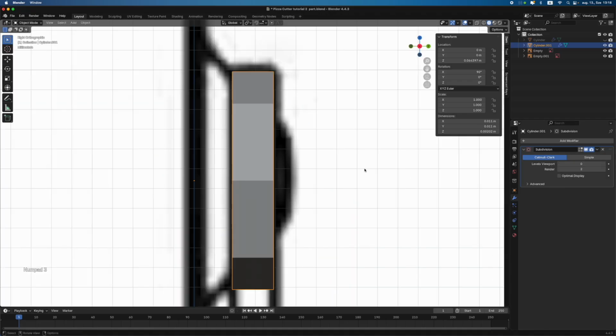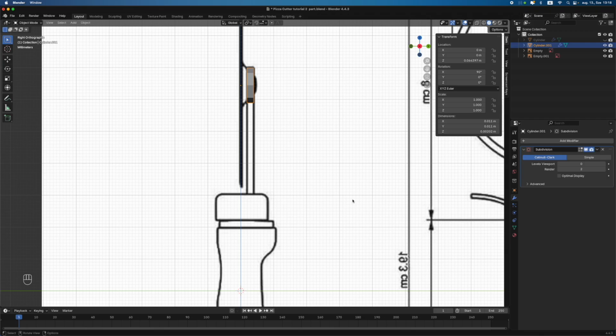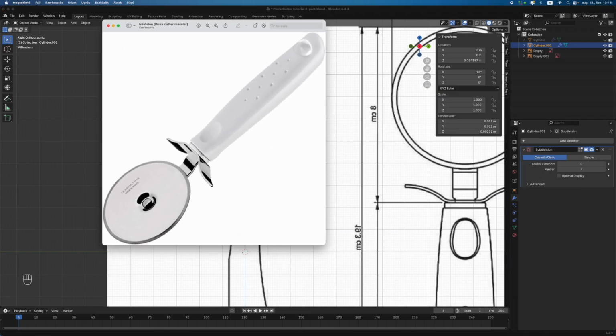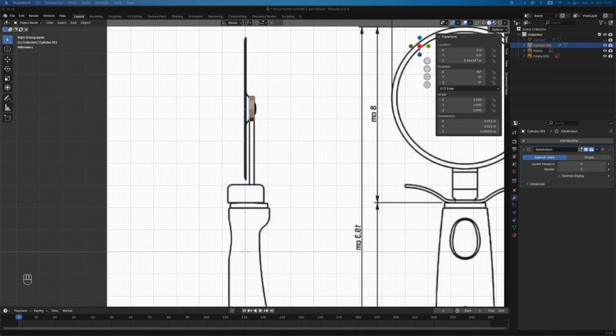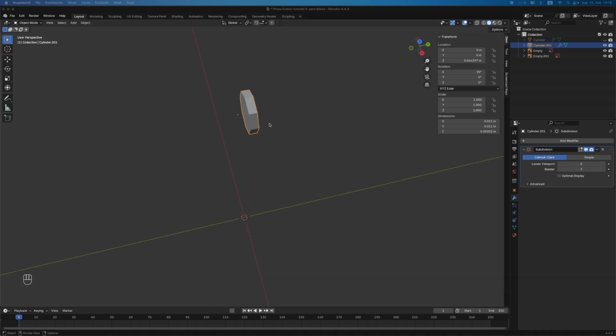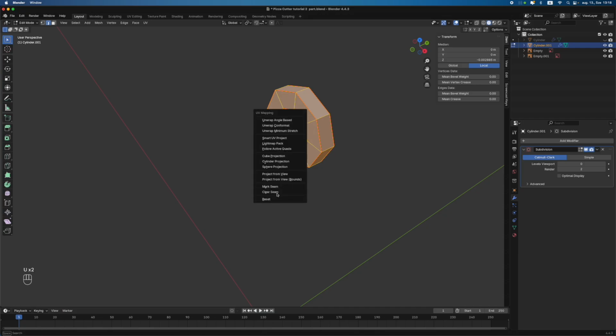Now in the right orthographic view, as you can see, this piece comes down, and in the reference we can see that it curves in and out a bit here. So we will do that, of course. Now I want to go to edit mode by pressing Tab, select everything, and I want to get rid of the UV cuts. So I press U, clear seam,